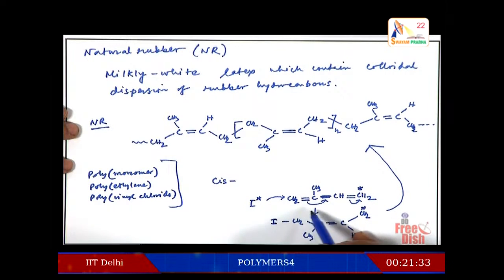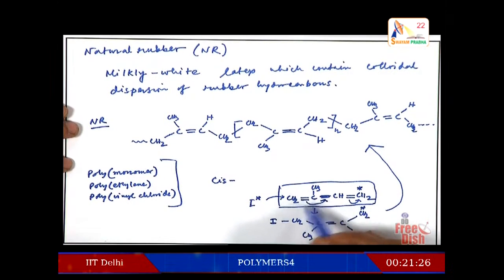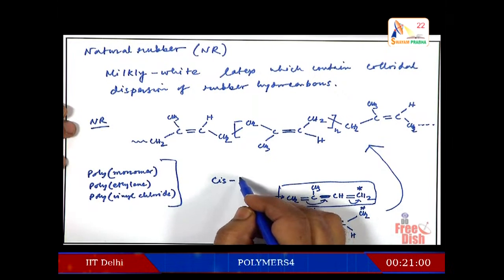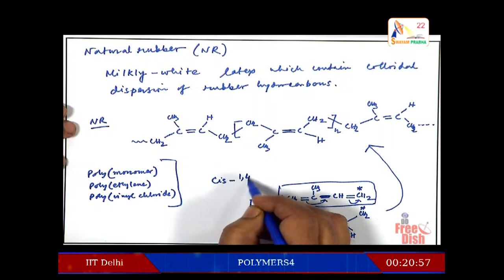So, we can imagine that this is the monomer for this polymer, and what is the name of this? This is 2-methyl 1,3-butadiene. So, basically we can think this is a monomer which is 2-methyl 1,3-butadiene. Now, the attack in this polymer is through the first carbon and the fourth carbon. So, we are writing cis 1,4